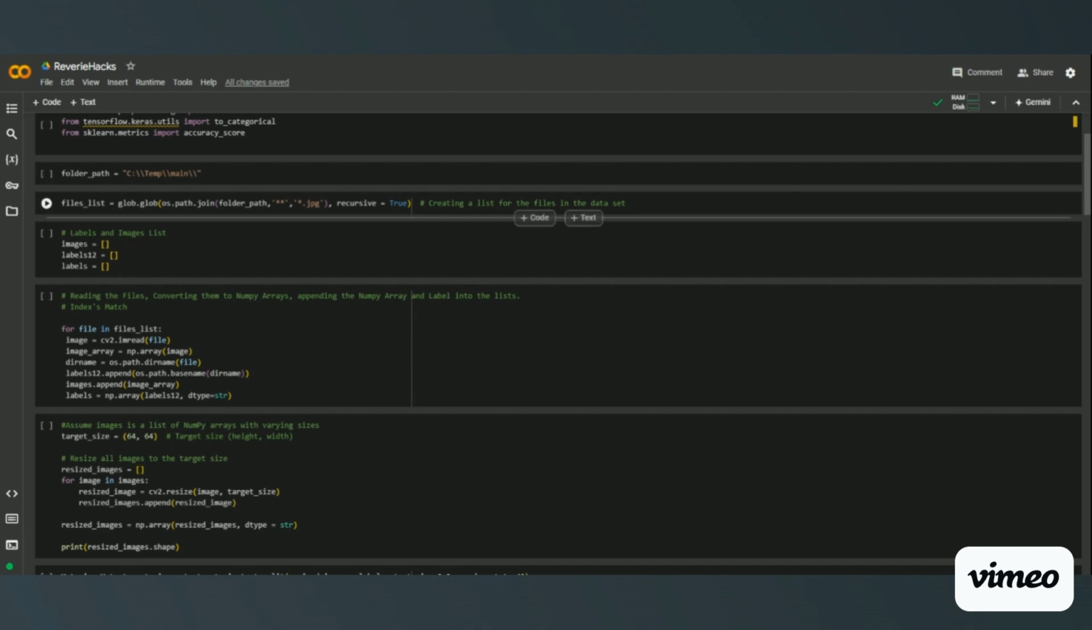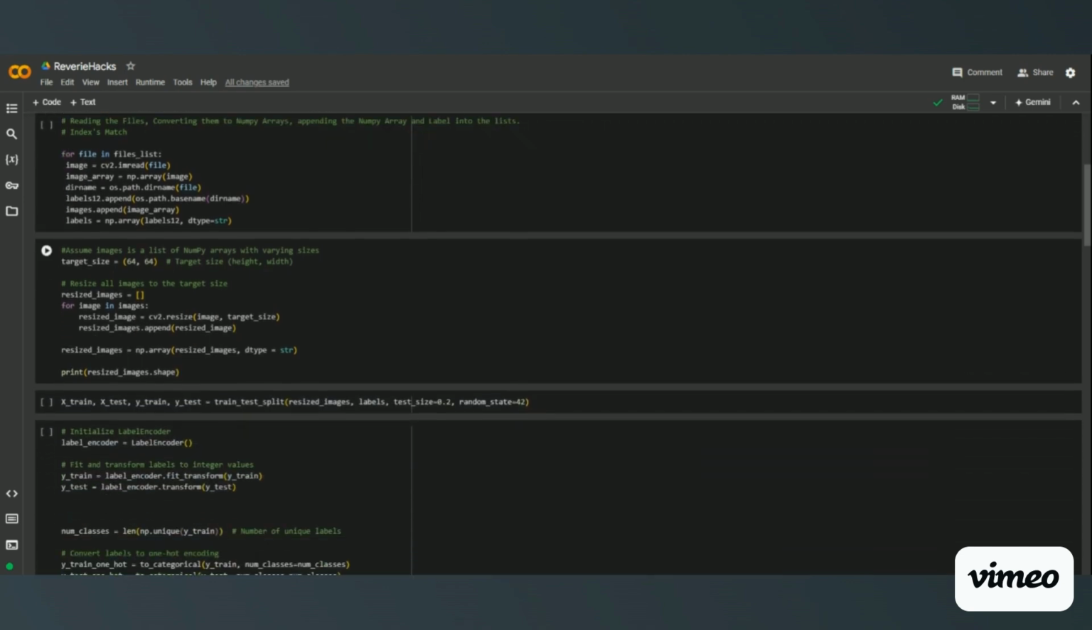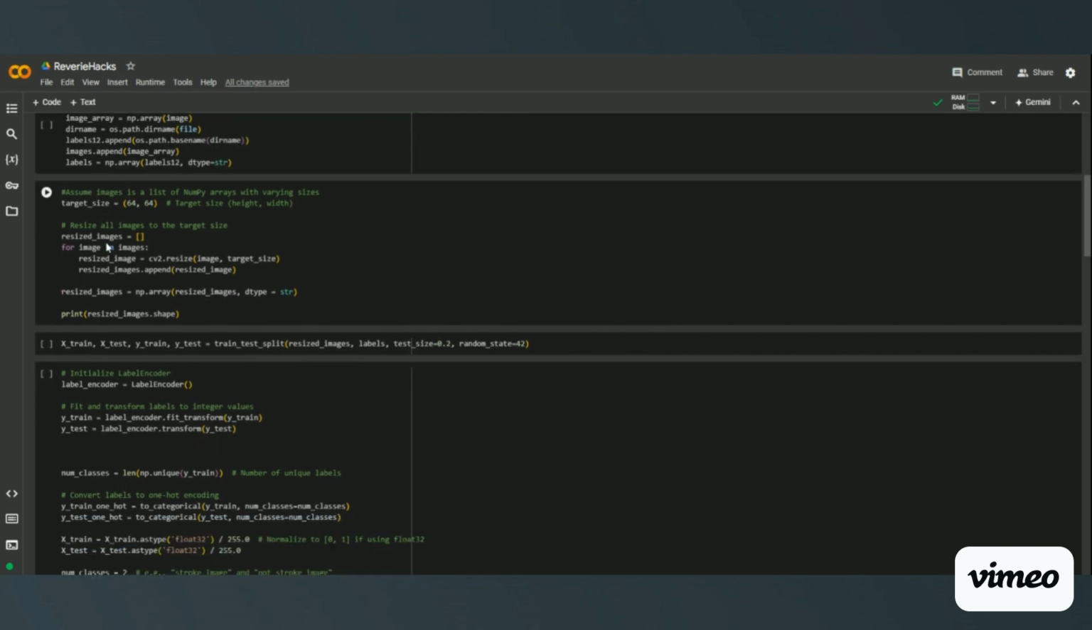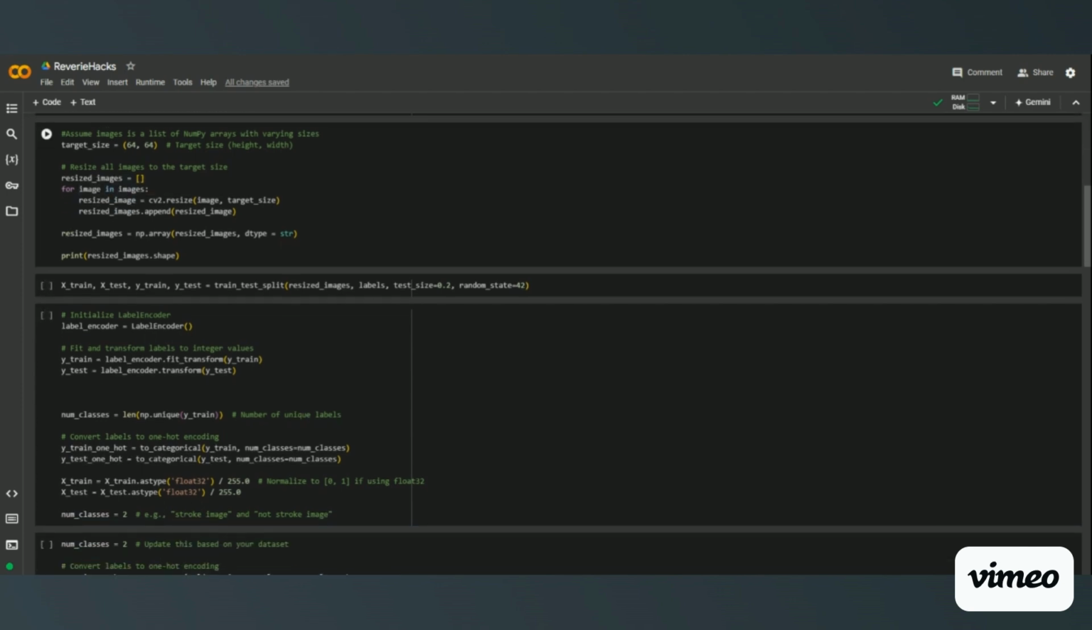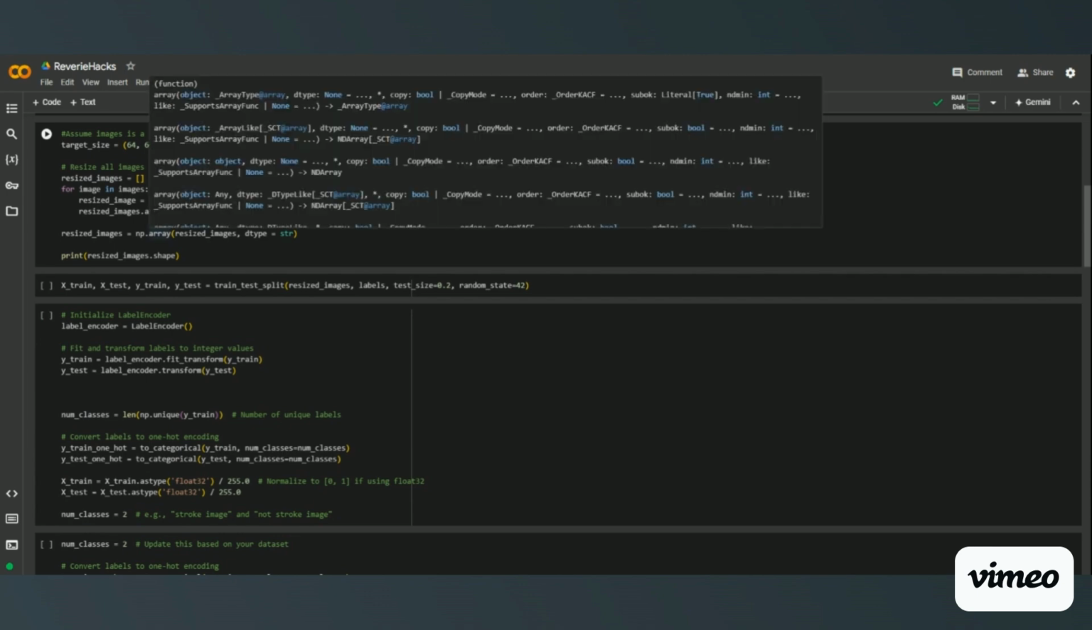We have the folder path. We then make a list for this folder path so that we can run a for loop. Basically, this for loop reads each image with CV2 and then converts them to NumPy arrays and has the corresponding labels within the list. Next, we also take that list and convert it to NumPy arrays for the labels. After that, we resize these images to 64 by 64 dimensions so they work within the algorithm. And after we do that, we convert these to NumPy arrays as well,